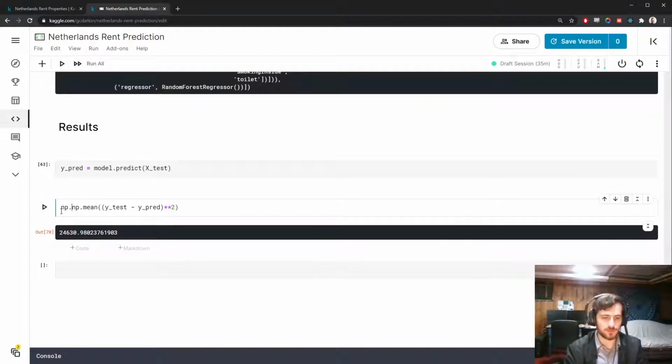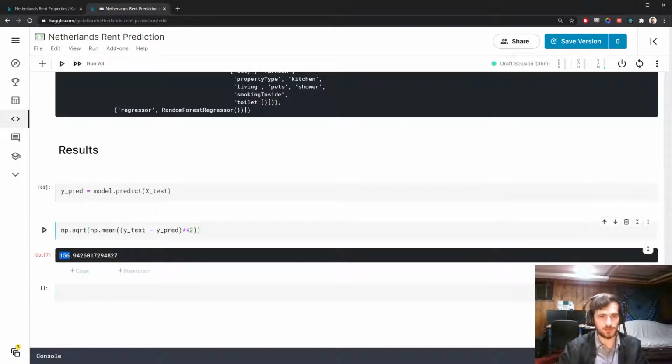So we can return it to the original unit of euros by taking the square root after that, and we have it now as 156. So this is telling us, on average, we're about 156 euros off a rent prediction, which is fairly good. Especially if we look at the test set